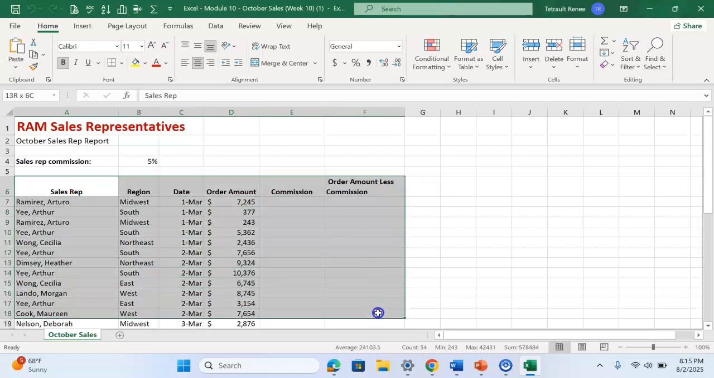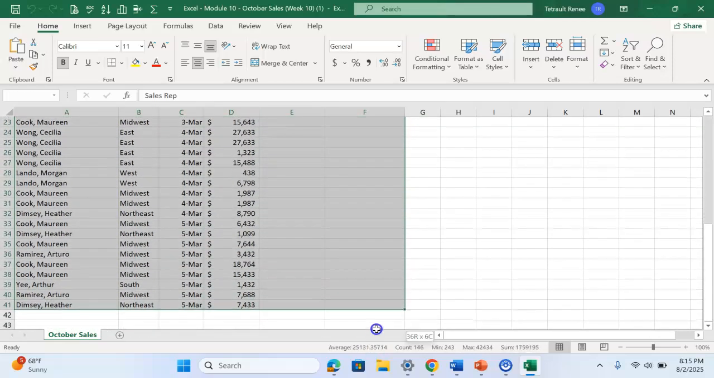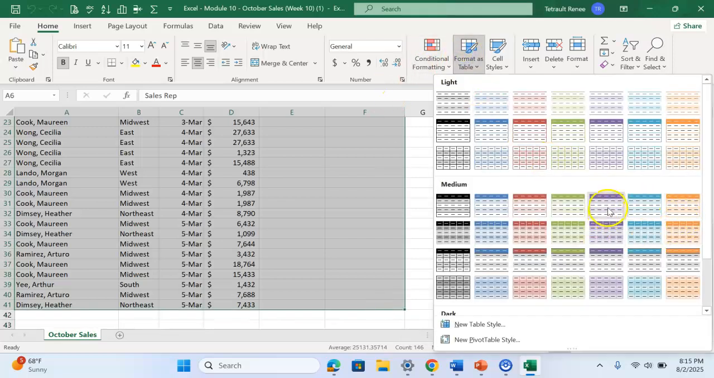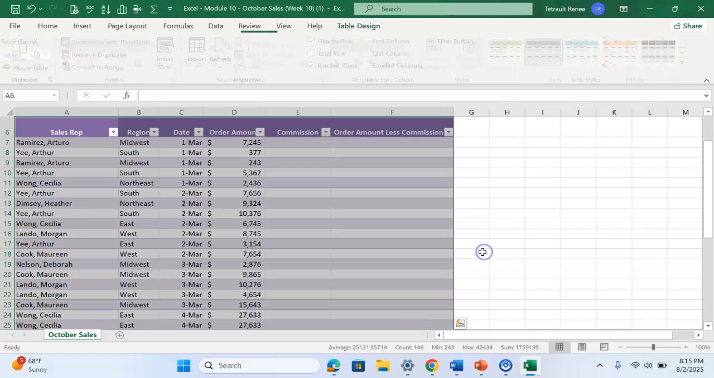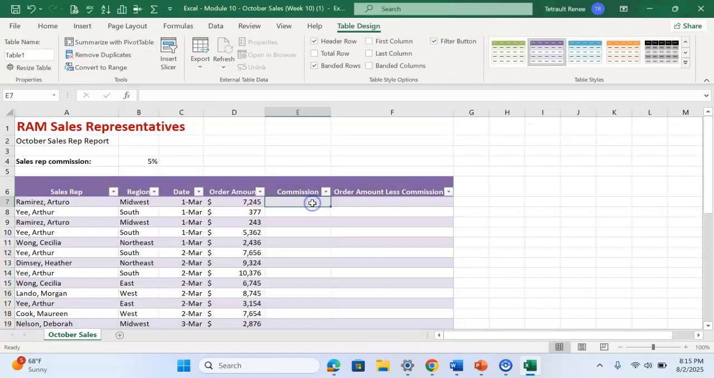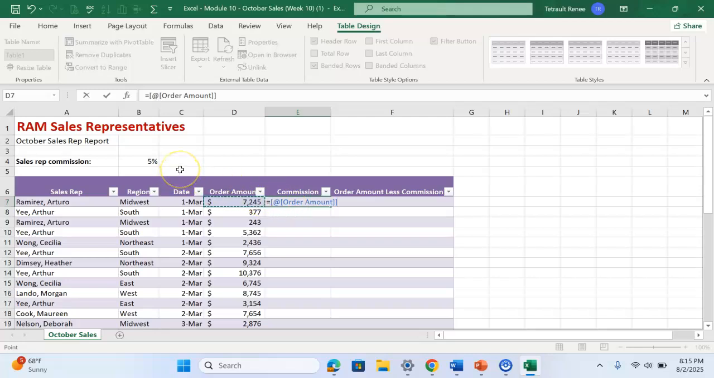So A6 all the way to F41. Format as table, select any style you'd like, make sure it's A6 through F41, and check mark my table has headers. And then I'll do my formula, which is equals the order amount multiplied by the commission, which is